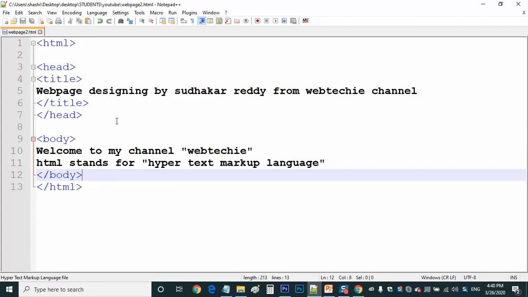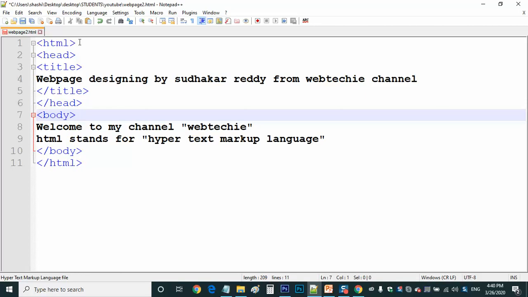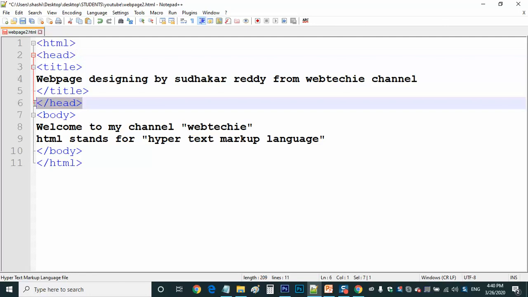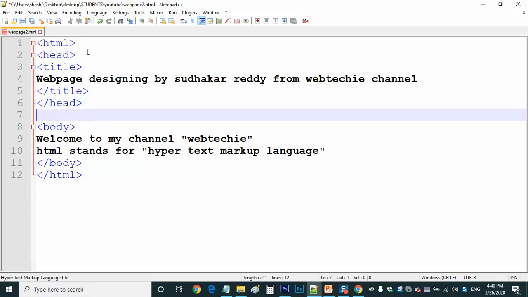So let me explain here. HTML tag, once again let me explain. Your HTML program should start with the HTML tag and it should close with the HTML closing tag. As I said, tags are of two types, opening tag and closing tag. There is a head portion here, and it is closed. The title of a web page should be closed too. This is the header portion.